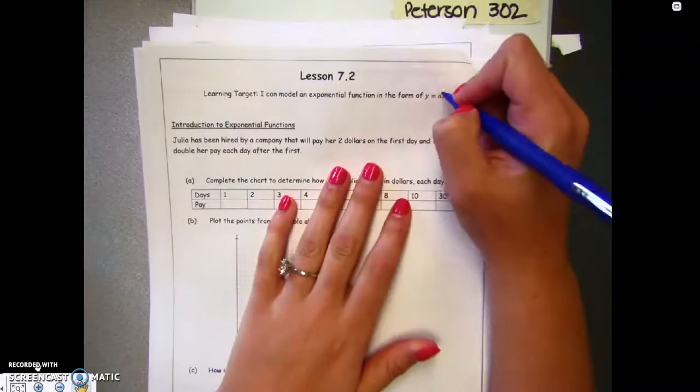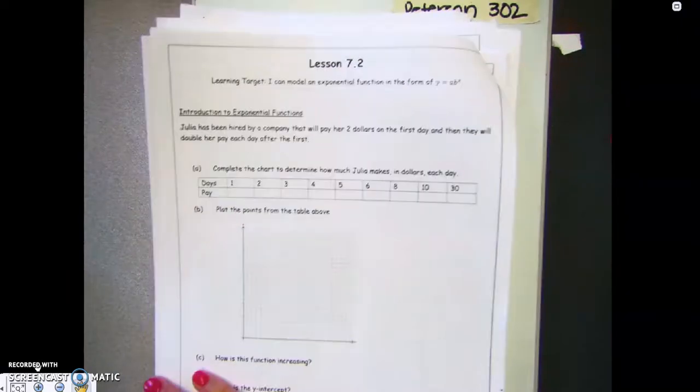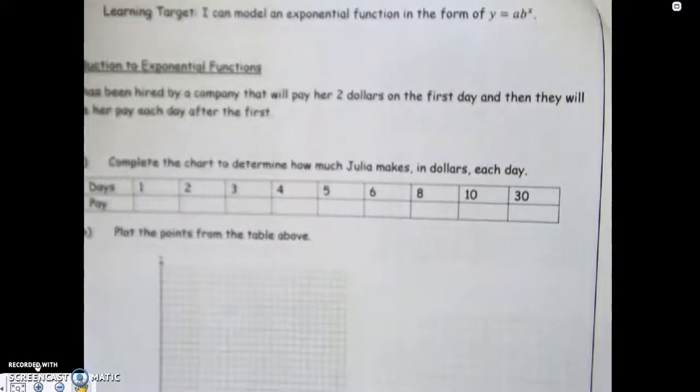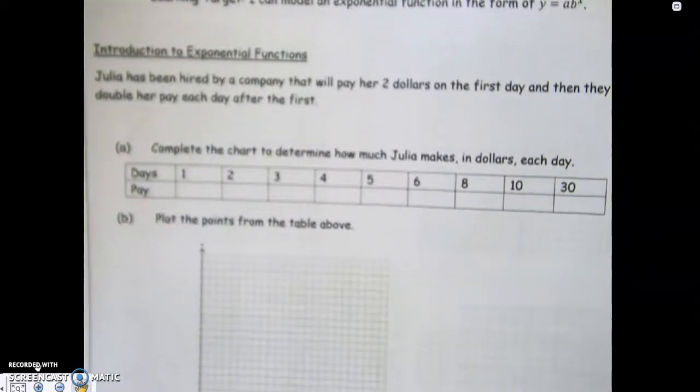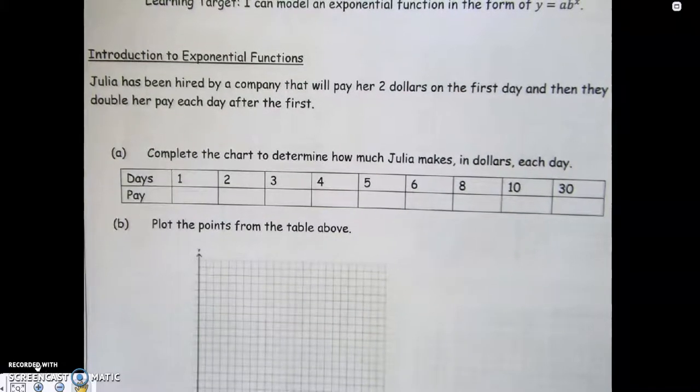Remember, multiplication holds two letters together, so that just means multiplication. We're going to start off with a real life example and then extend it from there. Julia has been hired by a company that will pay her $2 on the first day and will double her pay each day after the first. So thinking about this,